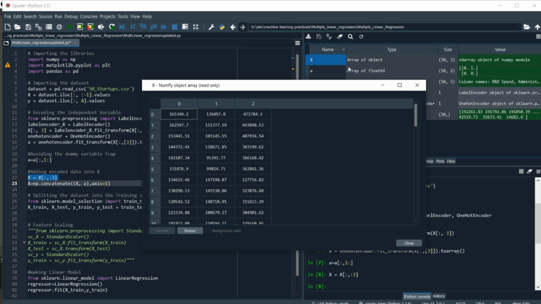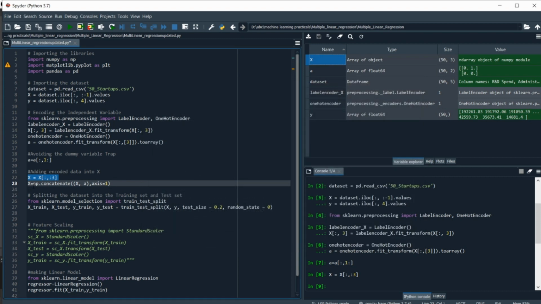Now after that we are going to concatenate both the values column-wise, so at axis 1. So we are going to use numpy for concatenation. As you can see, we are going to assign the value to the independent variable x, and then we are going to use np.concatenate, and here in the parenthesis we are going to first pass both the arrays, that is capital X and the array of one hot encoding values, and comma axis equals 1 so that it performs column-wise. So let's execute this line of code.